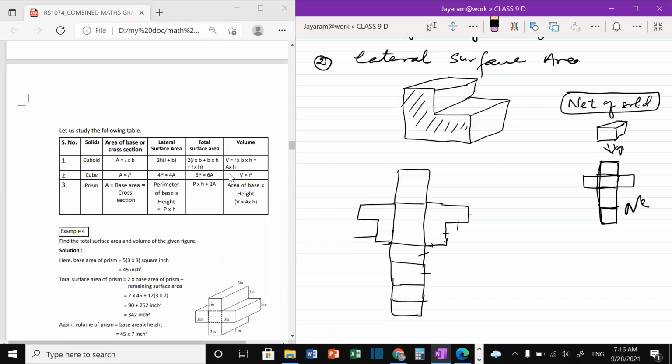Okay, now this is what you have to make. If you're okay, you can try at your home. If you want to make this kind of L-shaped prism in paper, you have to make this kind of shape. Again, you fold it here, here, here, here, fold, fold, fold. It becomes this kind of shape. Now this is the net. We call it net. And lateral surface area means, this is the cross section. Okay, this is the base, and the other 1, 2, 3, 4, 5, 6. This whole rectangle area is called lateral surface area. Okay.